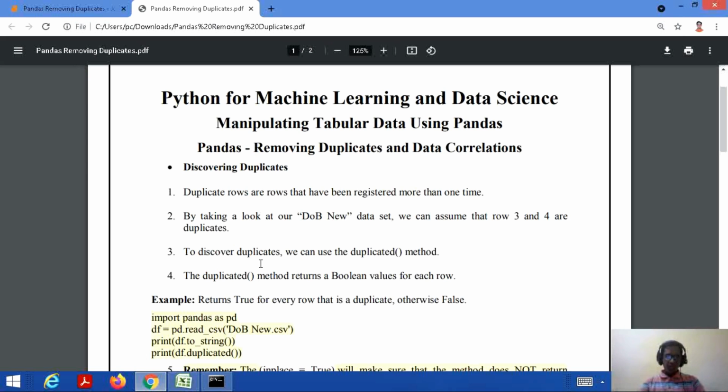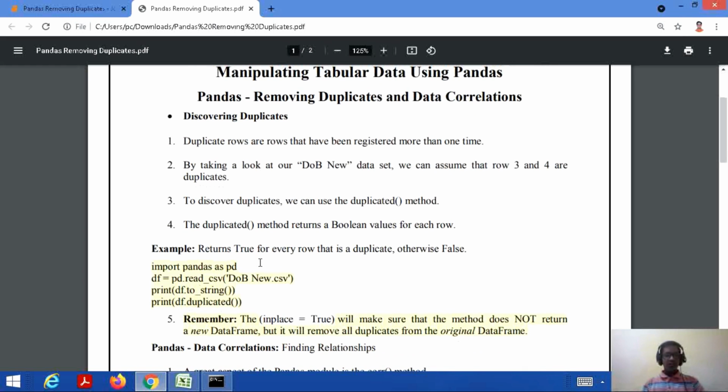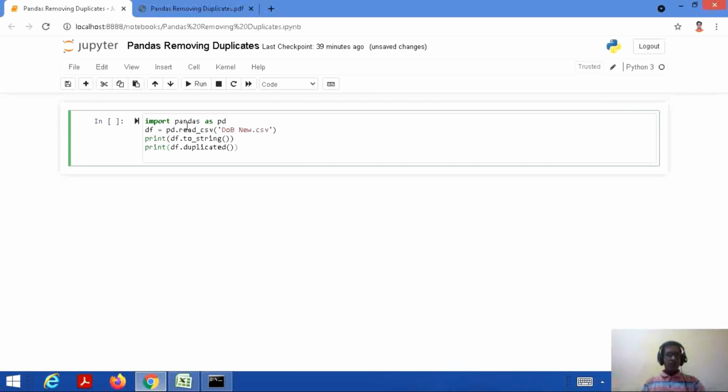This duplicated method returns a boolean value for each row, saying whether there is a duplication or not. If there is no duplication, it will return false, and if there is a duplication, it will return true. So let's consider a code where we return true for every row that is a duplicate, otherwise false. Import pandas as pd, so we are taking pd as an alias for the pandas library.